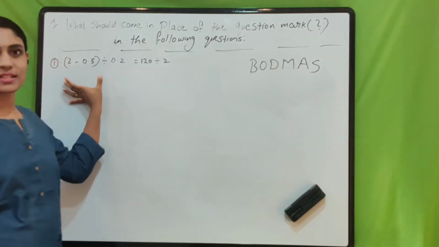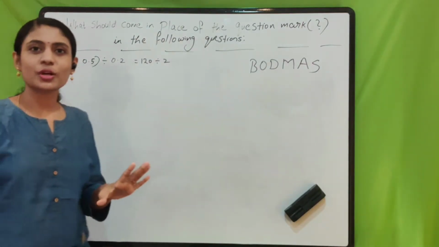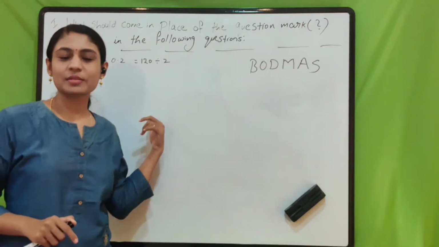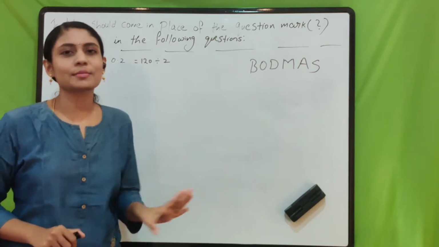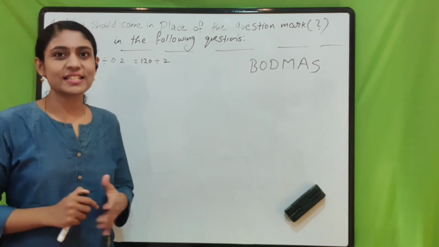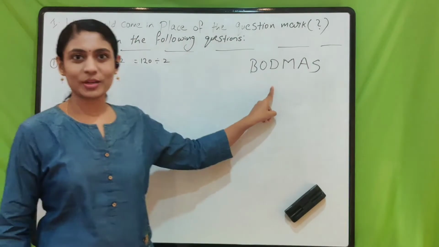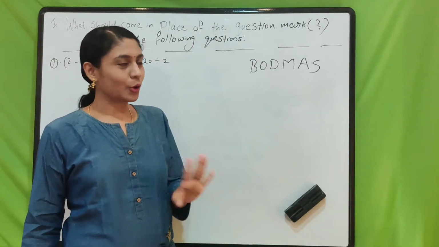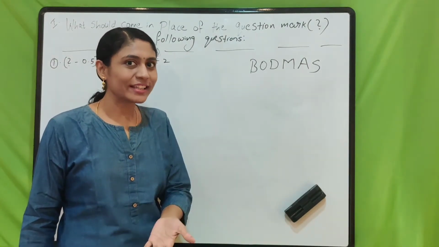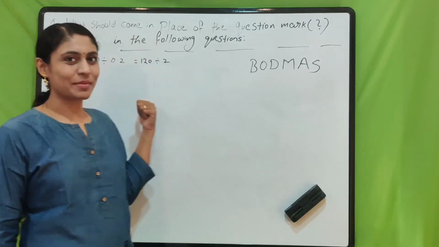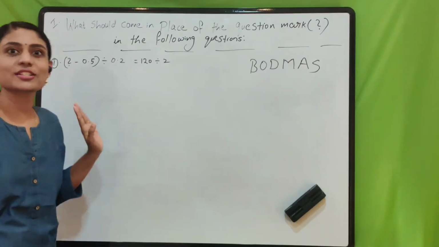And the first question is this one. It's 100% sure that 10 questions will be from this simplification or approximation. It's 100% sure, guys. It's very easy as well, provided you must know what is the BODMAS rule. I hope you all know. If you don't know, I will give you the link in the description box. Go through that and then come back. It's very easy. You can score 10 on 10.